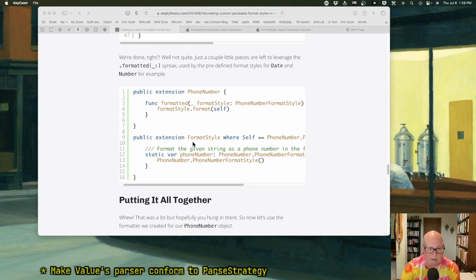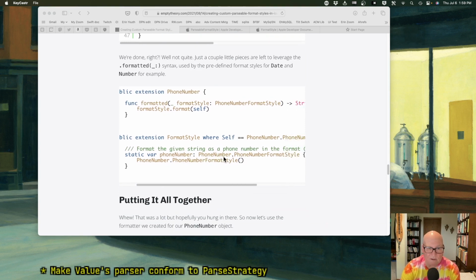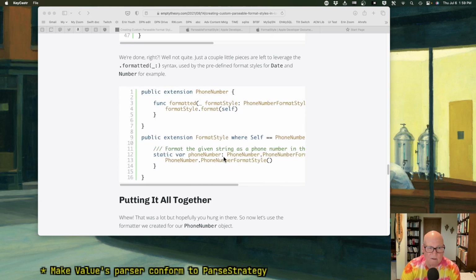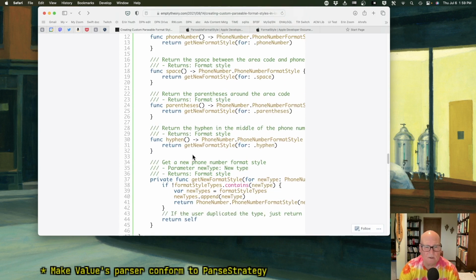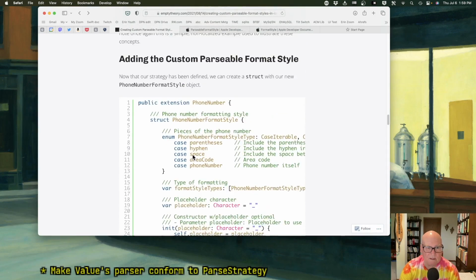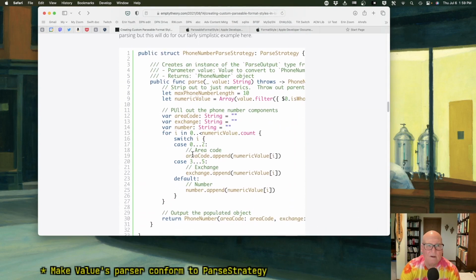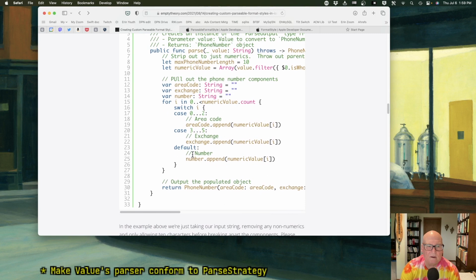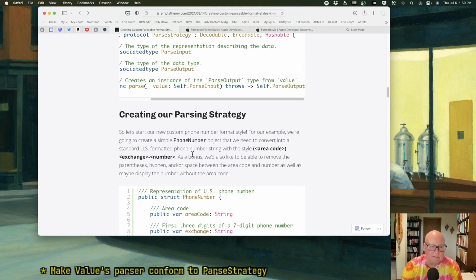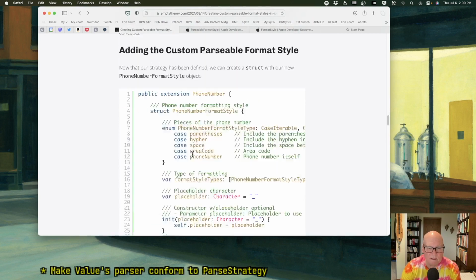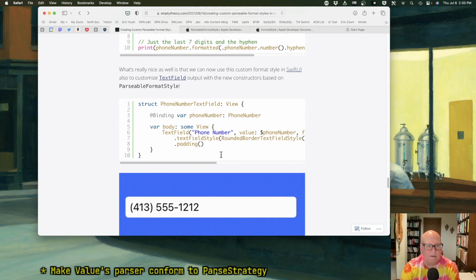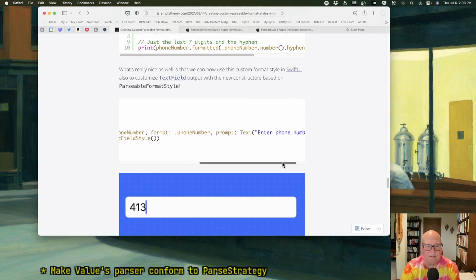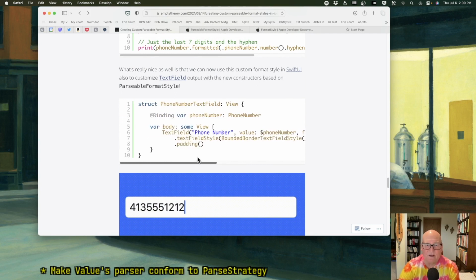And then extension format style, phone number. I don't know who's using this phone number. Do we have his example again? That's his parse. I don't think he's shown what it looks like to run it. Oh, maybe it's down here. Okay. Text field. Yeah, this is what we want to get to. Format is dot phone number. Okay. So that's on the